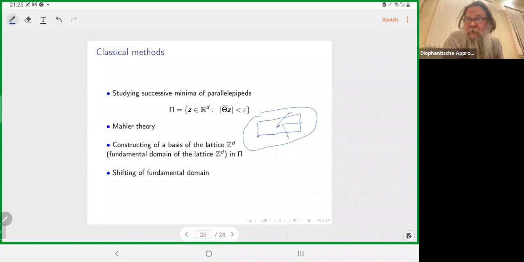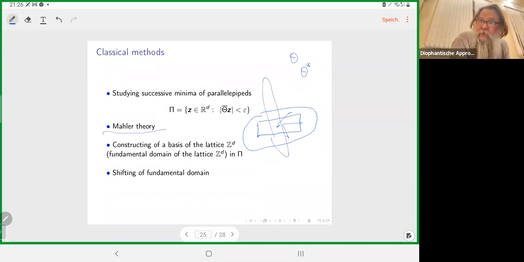We use the notion of successive minima. You see that when we deal with homogeneous and inhomogeneous problems, we should use duality. So it means that to deal with the inhomogeneous problem for theta, we should use the homogeneous problem for the dual matrix. So we should estimate the successive minima not for the parallelepiped itself, but for the dual parallelepiped, and here we use